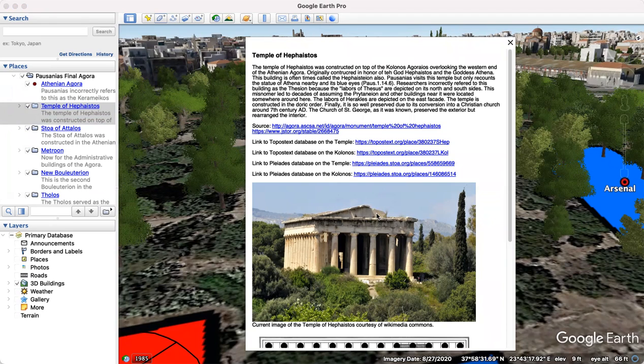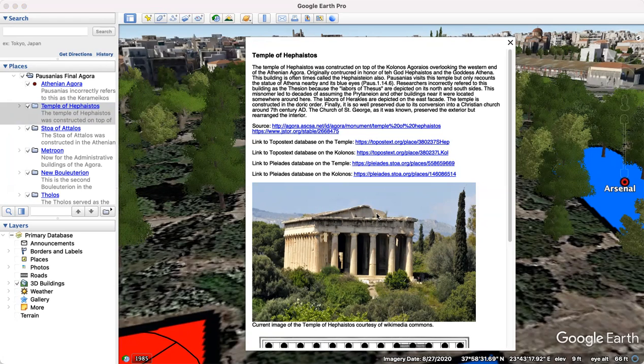The labors of Heracles are depicted on the east facade, and the labors of Theseus are depicted on the north and south sides. And we knew that in the past there was a building called the Theseion. Because the labors of Theseus were displayed on this, most researchers assumed that this was the Theseion. And this misnomer actually led, for decades,